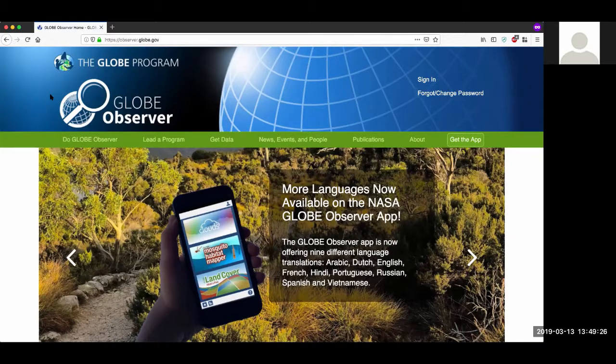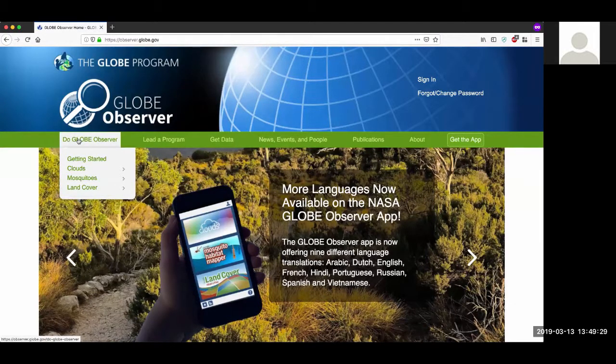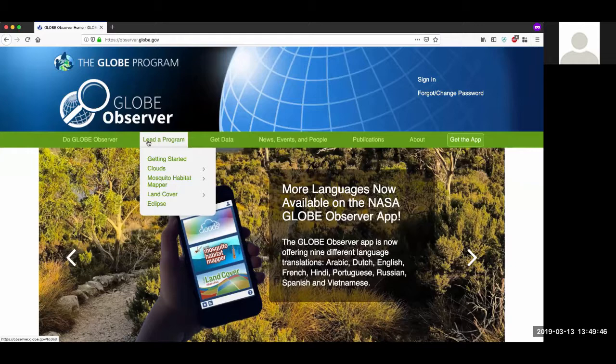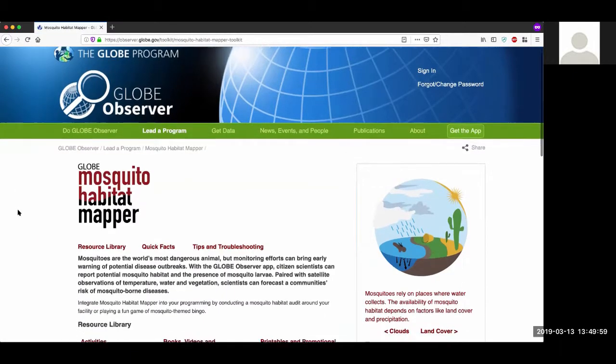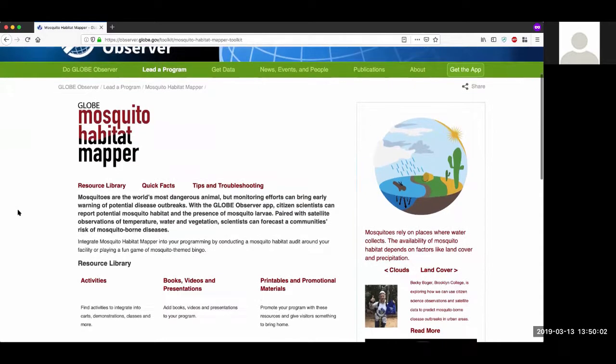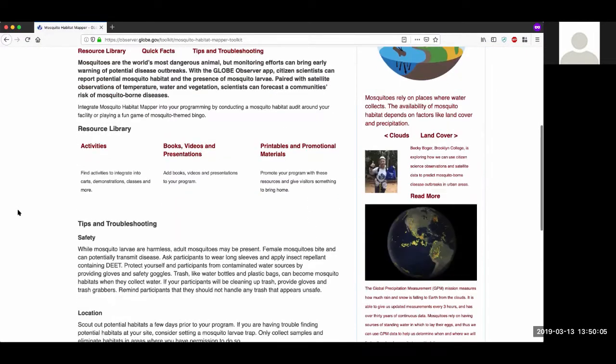So in the website, we have organized it into a few different sections. The Do Globe Observer section has resources that would be helpful to someone unaffiliated with a teacher or a leader that might be able to help them learn more. If you are leading groups of learners, we have specialized toolkits for the different protocols. So in our case, we're with Mission Mosquito, we're using the Mosquito Habitat Mapper tool. And we've got a toolkit full of resources that could help you